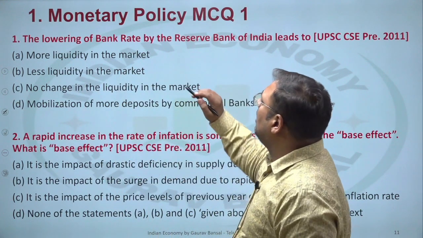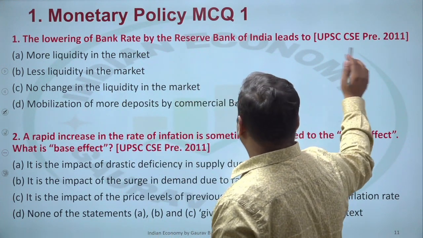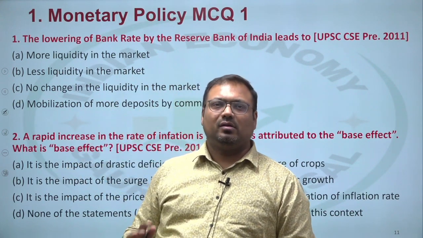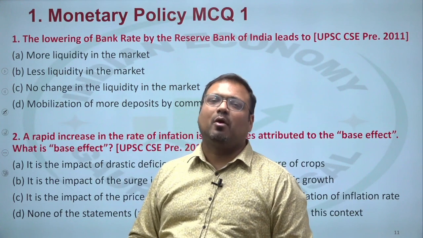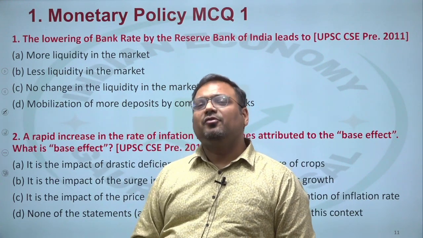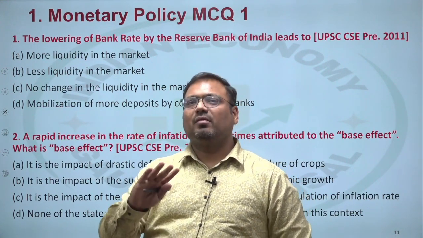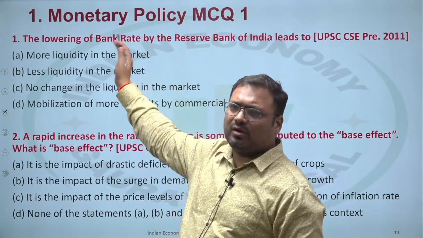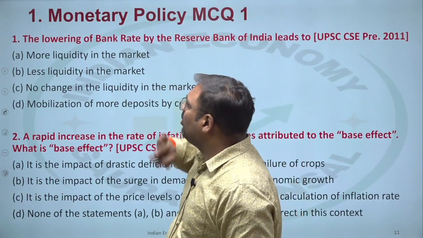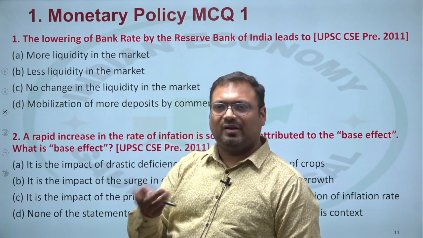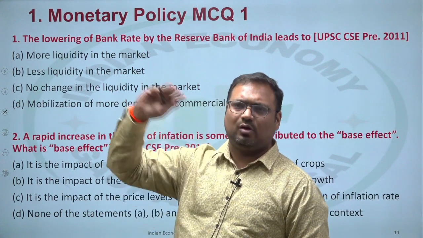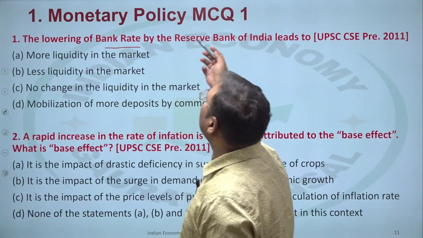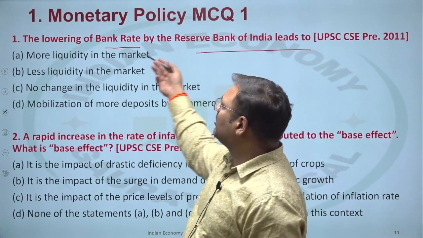Question number 1. The lowering of bank rate by RBI. You do not have to bother with any specific rate. A fall in any of the rates leads to the same outcome. Any interest rate works the same way. So whether it is bank rate or repo rate should not bother you. When lowering the rate, in fact, all of them go down together. When you do not decrease one of them specifically, all of them usually go down.